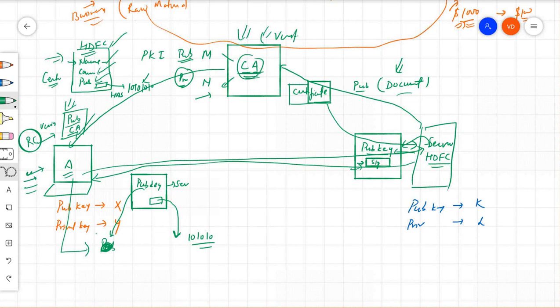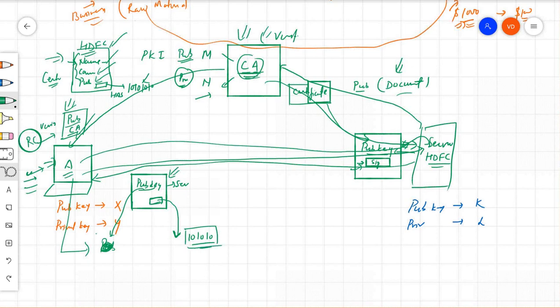Again, I'm repeating: A wants to communicate with the HDFC Bank server. The bank server will reply with its certificate. What is the certificate? The one which was given to the certificate authority, right? Here we have the certificate. The certificate will contain the name, public key, everything. But along with that, there is a little signature here, which was encrypted by the private key of the certificate authority. Now, because A has the public key of the certificate authority, it can open it and get the same hash value,